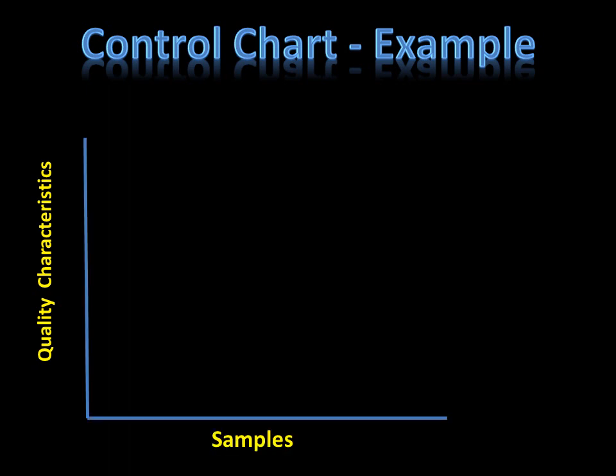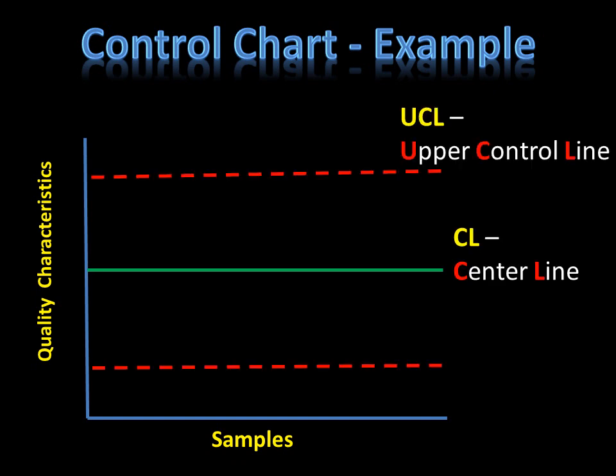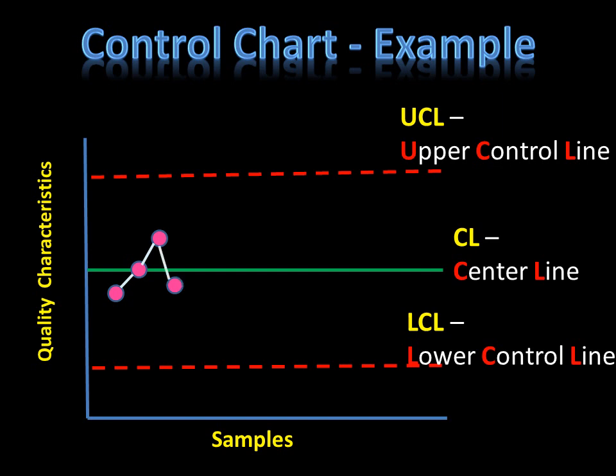Now let us see an example of a control chart. Control charts are a graphical representation of quality characteristics of randomly selected samples. The central line indicates the desired average quality level of the outcome. UCL and LCL are the upper and lower limits of accepted variations. These limits can be established based on the acceptability of the product quality. These control limits will be useful to detect variations in quality of a product from one sample to another.